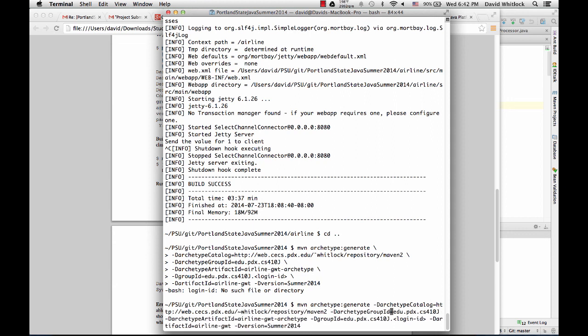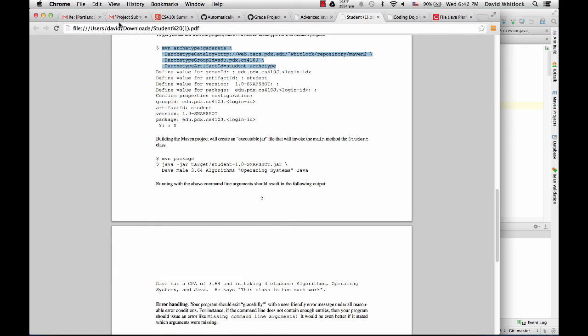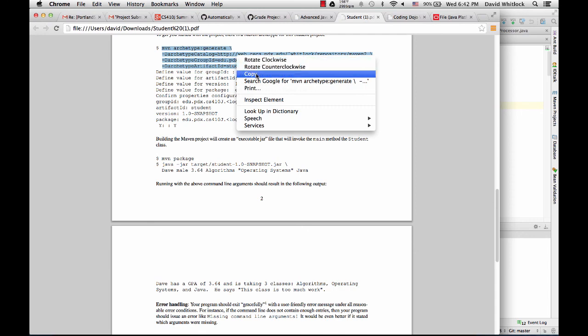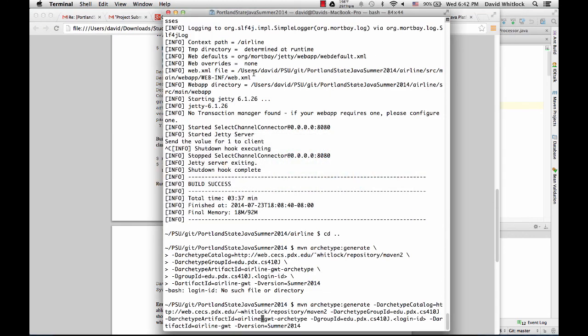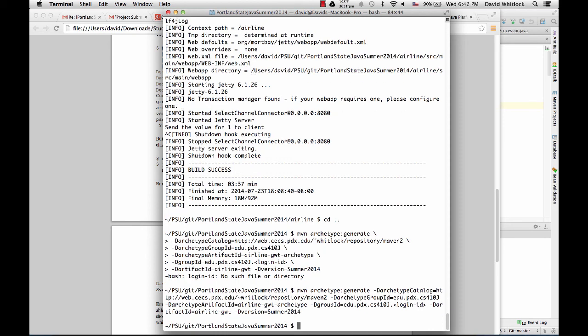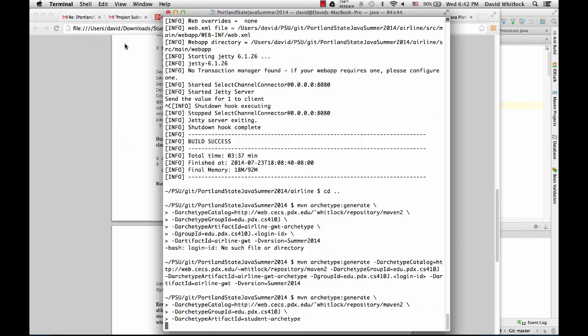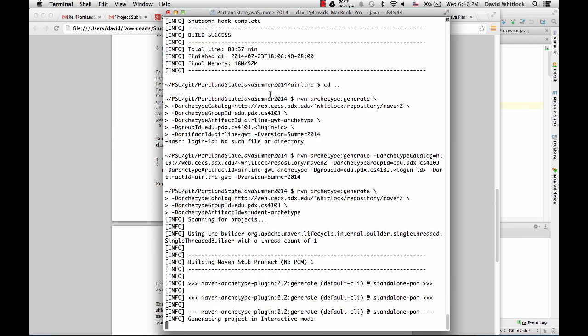Oh wait, that's the GWT artifact. I copied it wrong. Is that the GWT? No, it shouldn't be. You had it already in your buffer. Oops, there we go. Okay, Control. Paste. Okay, that looks all wrong.